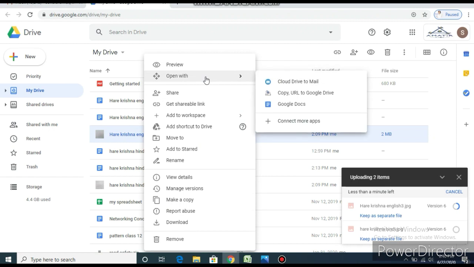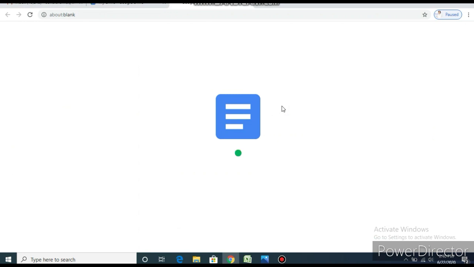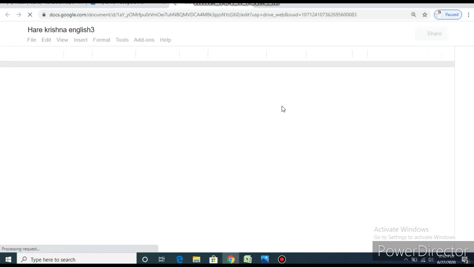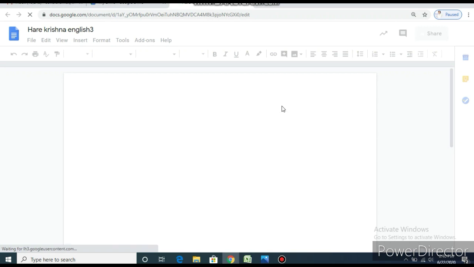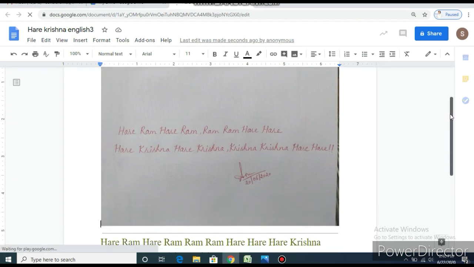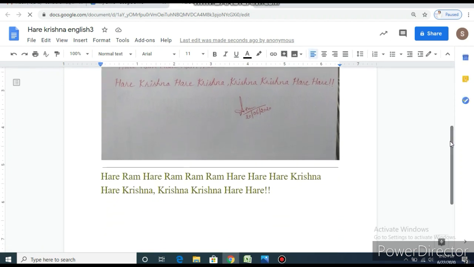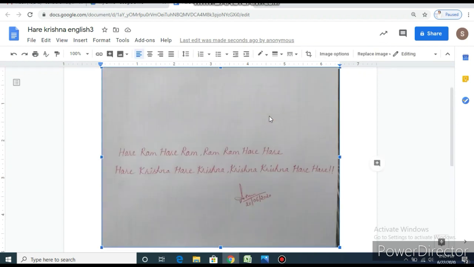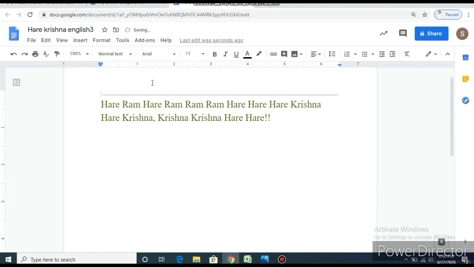and click on Open with Google Docs. So you can see it here: below the picture, we can see our written text has been converted into the Google Docs file, and we can delete our JPG image by selecting this image and clicking the Delete button on the keyboard,